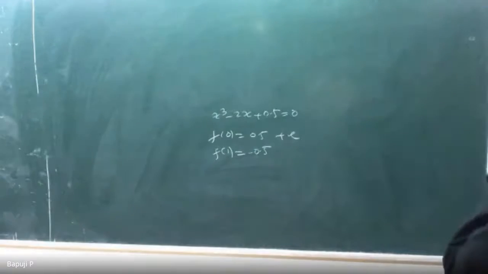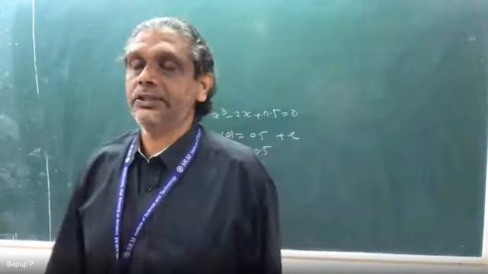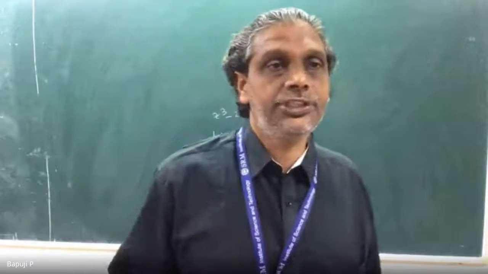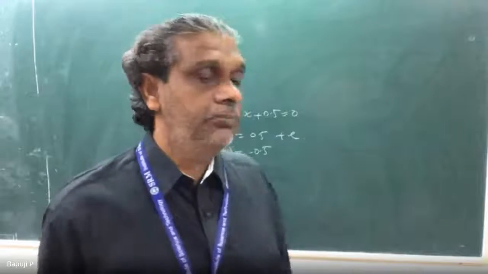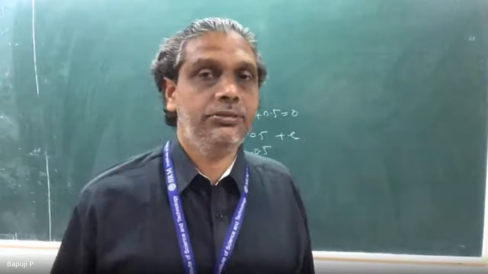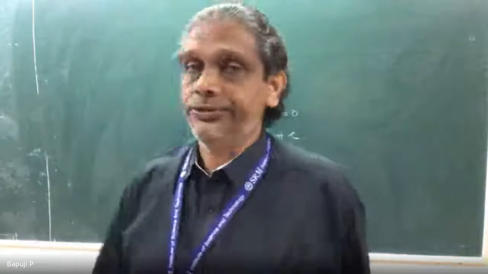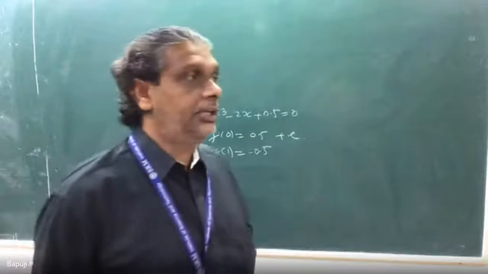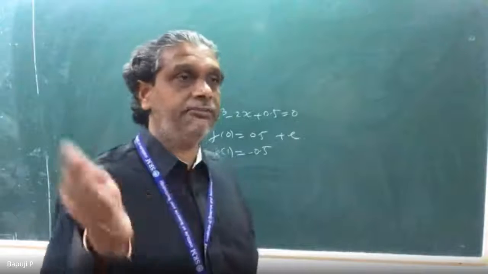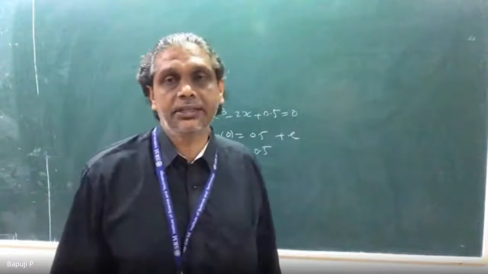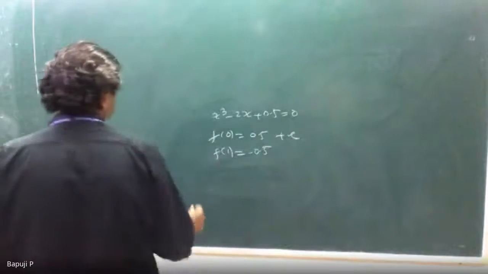Actually, these are both the same values. Which value will you take as x naught? Take the one near 0. Don't go by the symbol, look at the numerical values. Here both are the same, but it doesn't matter if you take x naught is equal to 0, maybe the calculation is easy. Otherwise, you can take the value which is nearest to 0, the smallest value, and choose that as x naught. Always remember this. Now we choose x naught as 0.